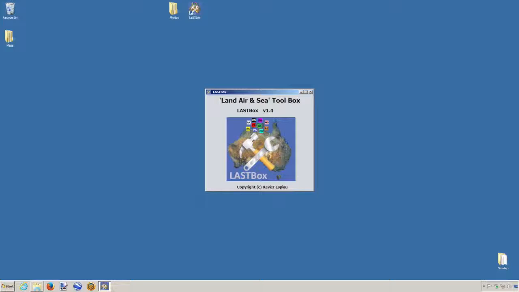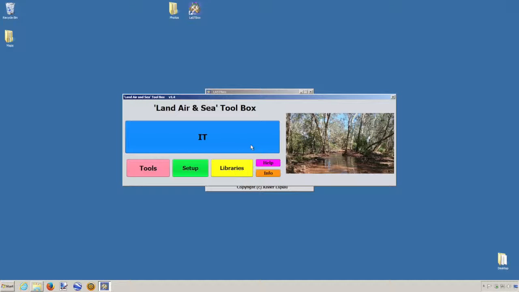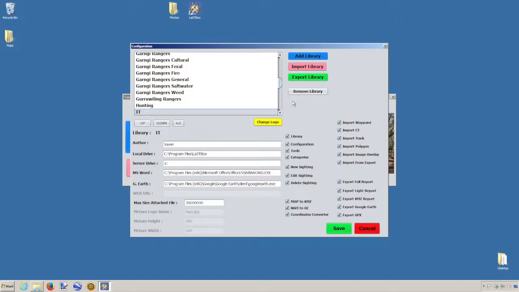This tutorial is about library management, and specifically how to create a library and set it up with categories, subcategories, and also adding the icon for each of the subcategories. So I'm going to go inside my toolbox and create a new library. I want to go into the library management and click on the yellow button, libraries, and we've got a list